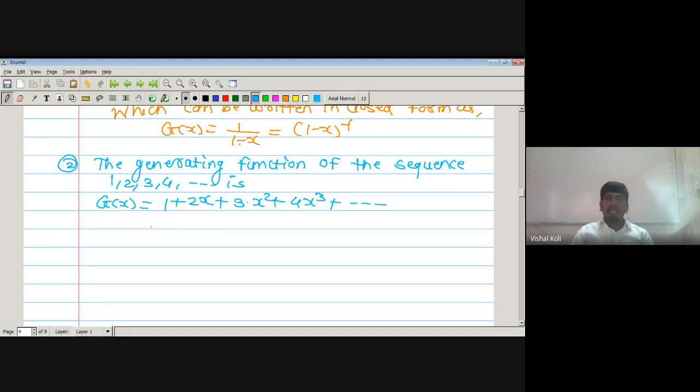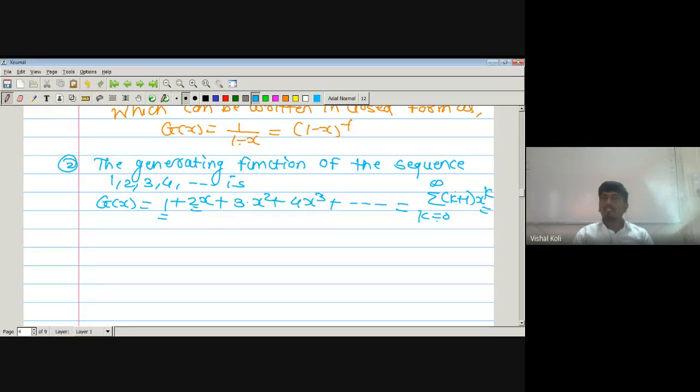So this will be actually nothing but summation k running from 0 to infinity (k plus 1) into x raised to k. If we take k equal to 0, then it is 0 plus 1, that is 1, into x raised to 0. Anything raised to 0 will be 1. Therefore it is nothing but 1 into 1, that is the first term we get, plus k equal to 1, then it is 1 plus 1, that is 2.